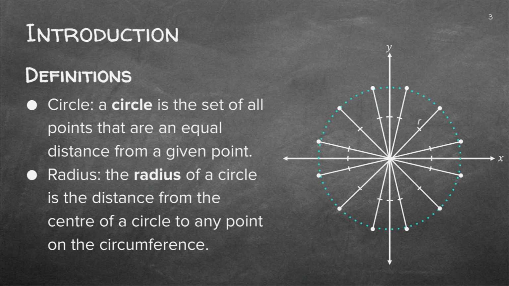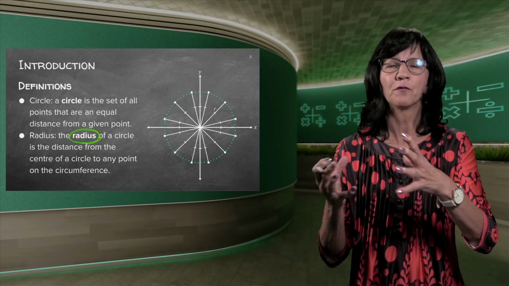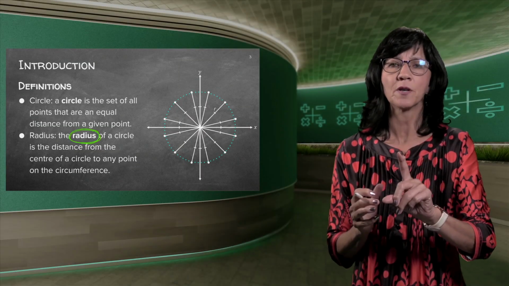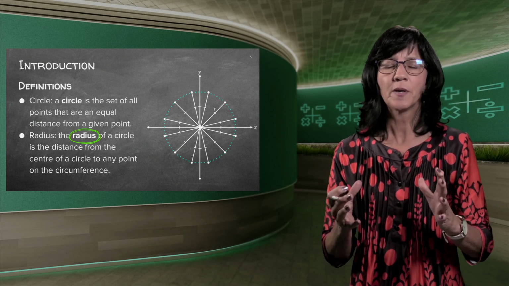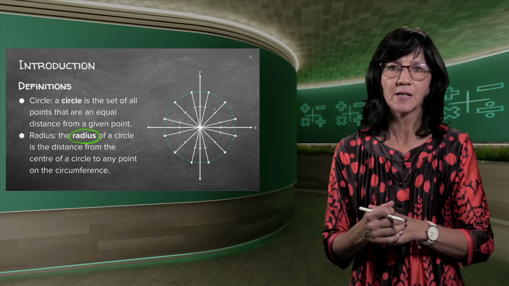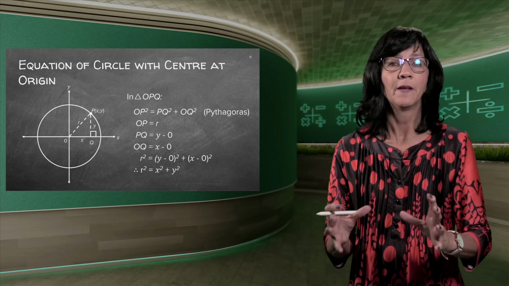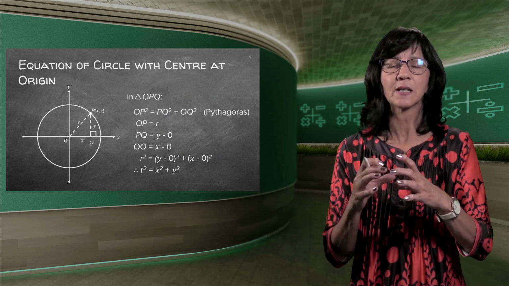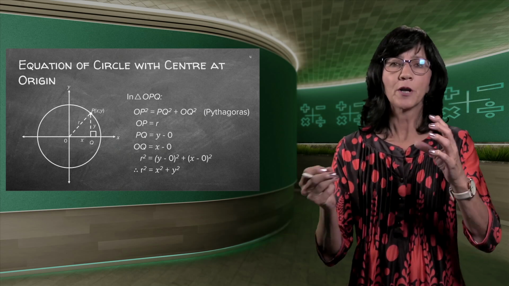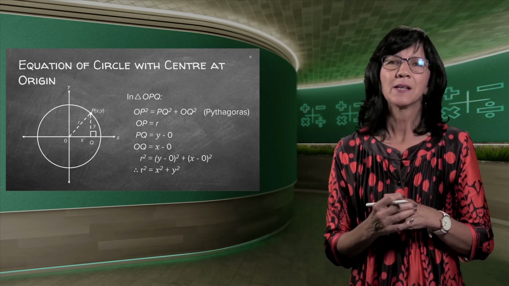But now what does form the circle? The radius. This is the most important part of the whole thing. It's not like the straight line we've done in grade 11 where you've got a y-intercept and a gradient and different stuff. A circle has only one important thing, and that is the radius. Once we know how to find the radius, it's very easy to do circle analytical geometry. Your matric analytical geometry is basically circle geometry. We incorporate all the stuff that you learned previously, but it's very, very easy.